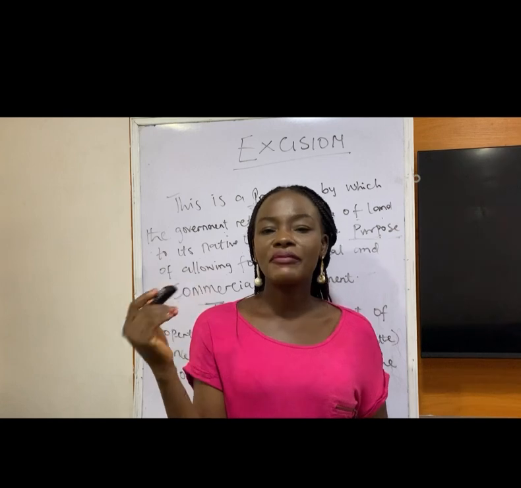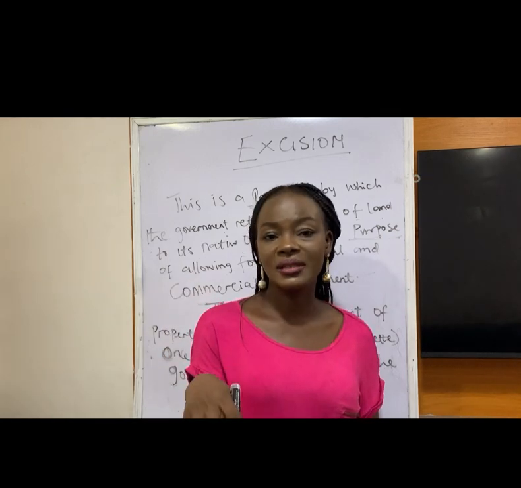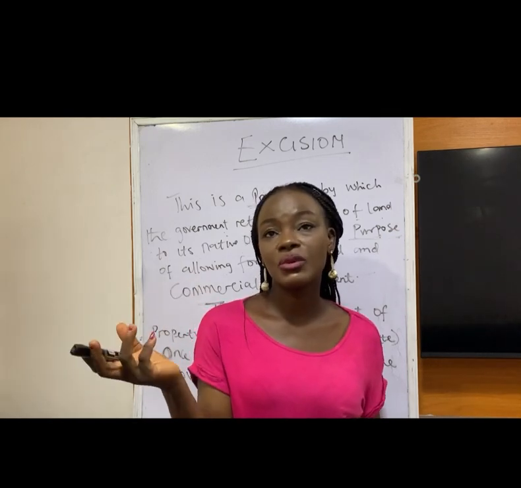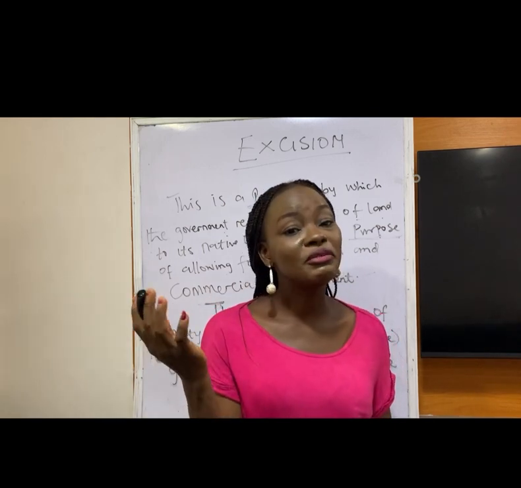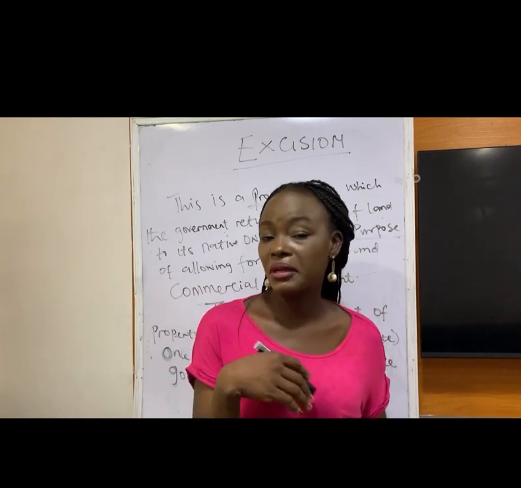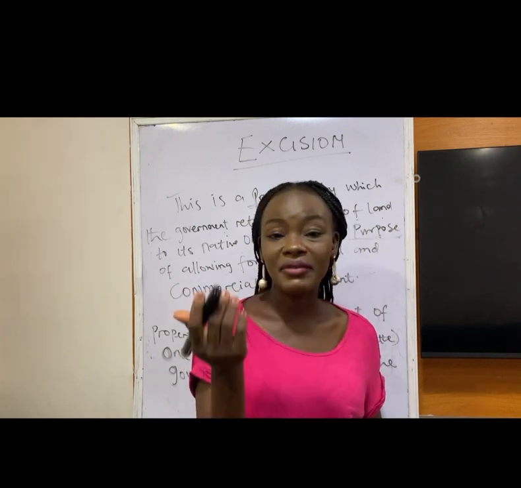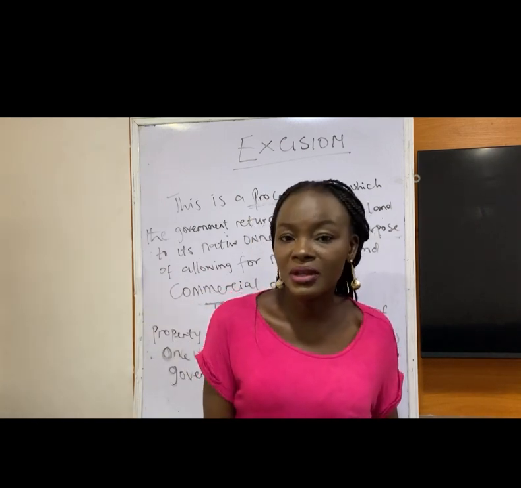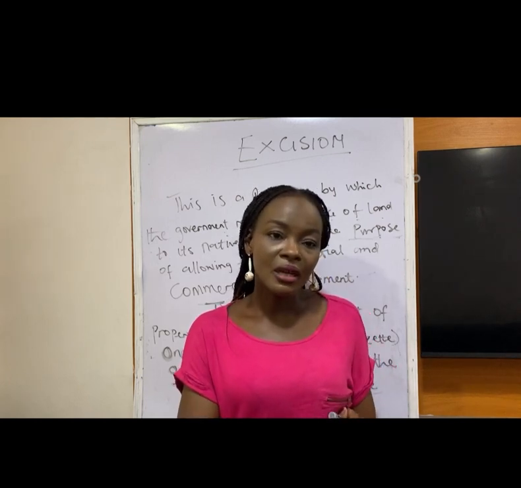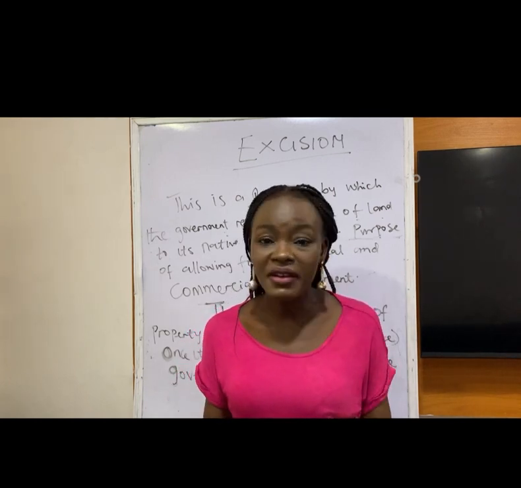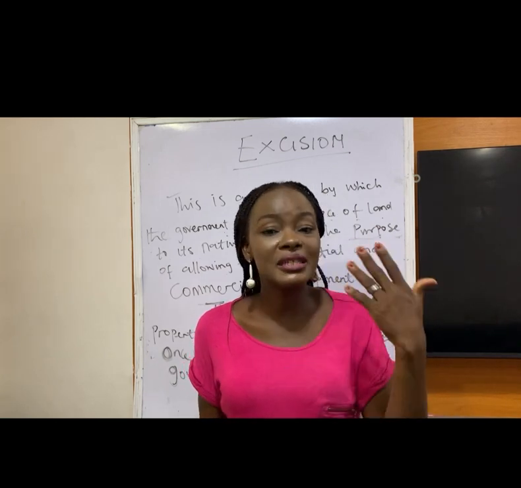So whenever you're buying a property, I've seen some properties which will have an excision in process. Excision in process is always 50-50. It could either come out, it may not come out. So for me, I would advise buy the one that already has excision, or buy the one that already has other documents, rather than waiting. I have people who have been waiting for 5 years. The government has not released the excision.